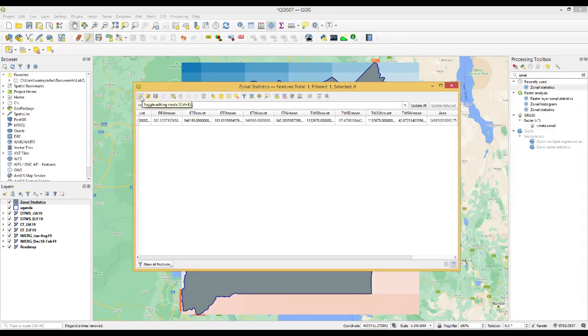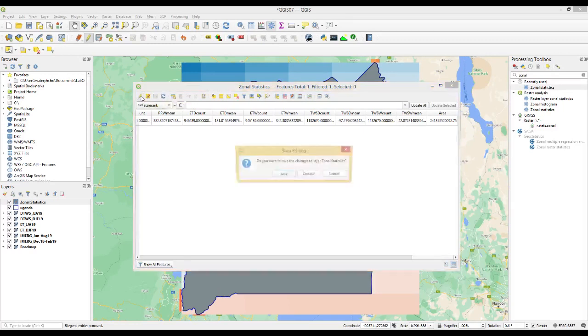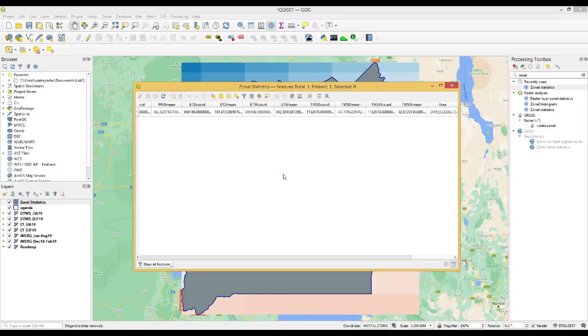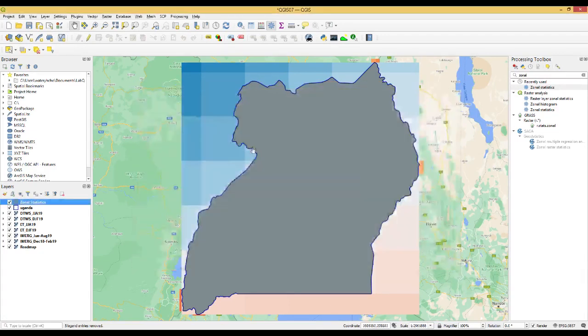So I will just turn off the editing mode, stop editing mode with the save. So you can see again these three components, the mean value as well as the area for that. So now I will save this Uganda statistical table value for the